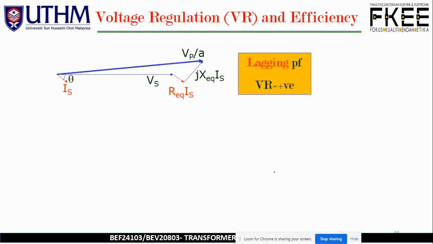And the efficiency, yes, here is the example of the voltage regulation once we represent it in the phasor diagram. So we do have over here a lagging power factor. So how do we know? Basically we can refer to the element of Is, the secondary current. It lags behind Vs. So Vs is always